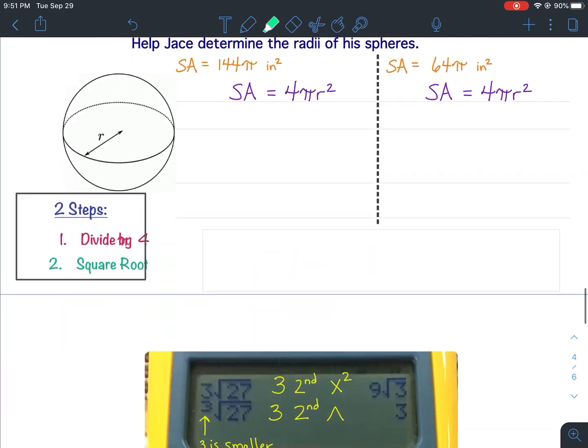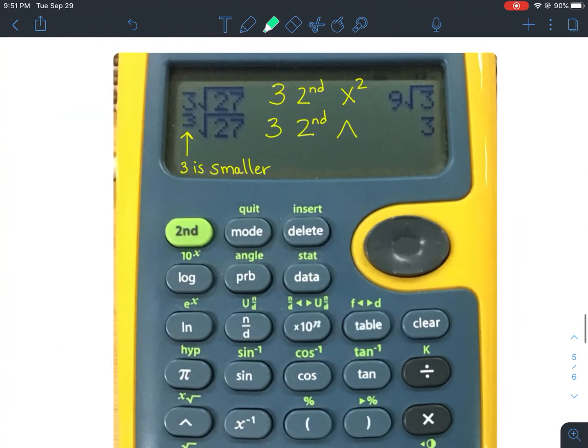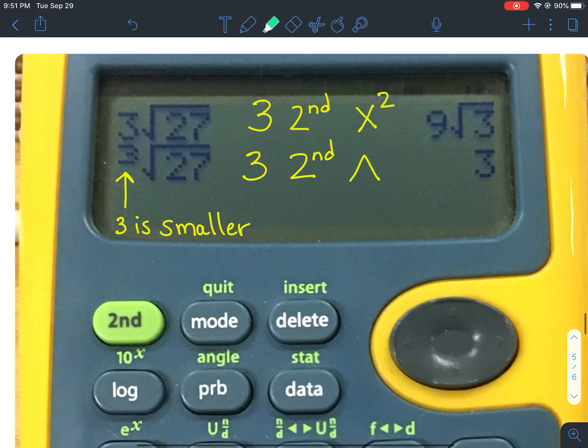Let me go down to the end here. That's where it is. So notice here, I showed two different ways to put a number in your calculator. In the first one, notice how the 3 is a larger number. It's larger because it wasn't put in correctly. This actually means 3 times the square root of 27. That's because when it was entered, it was put 3, the second button, and then the x squared,